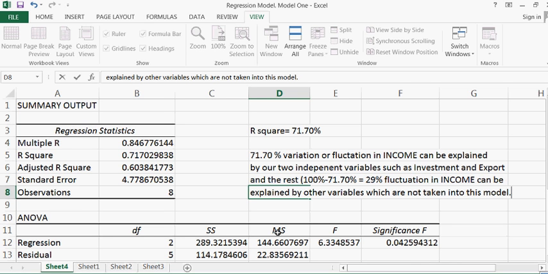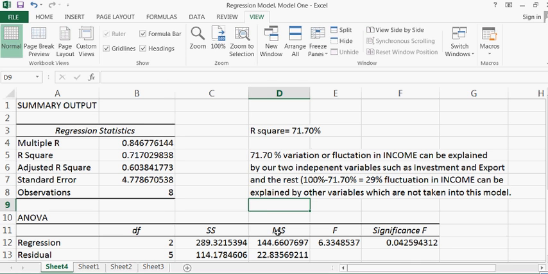We call this 29% the residual of the model, right? Okay. But here the model is nicely fitted because